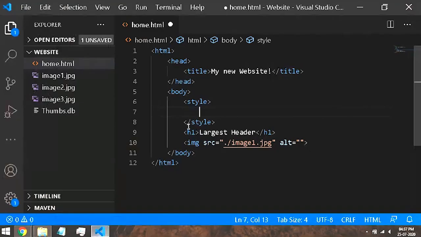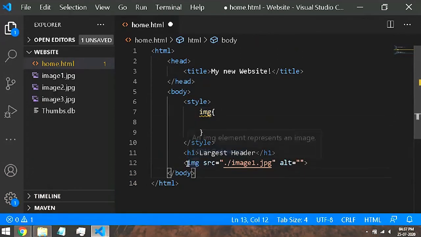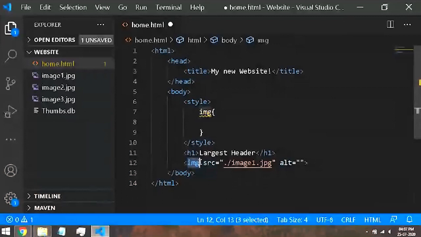So what we were trying to do was resize our image. For this, the easiest method to access any element, and everything is an element, remember that, H1 is an element, IMG is an element, and the style tag, that too is an element. So for accessing any element which is a default of HTML, we can directly call it by its name.